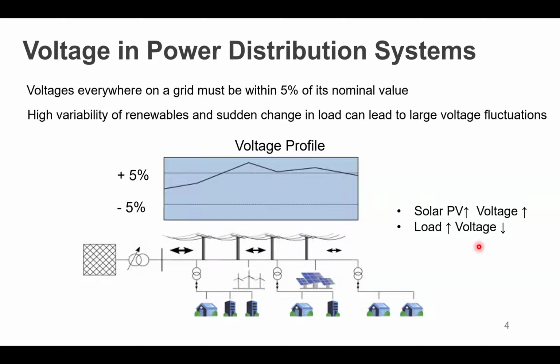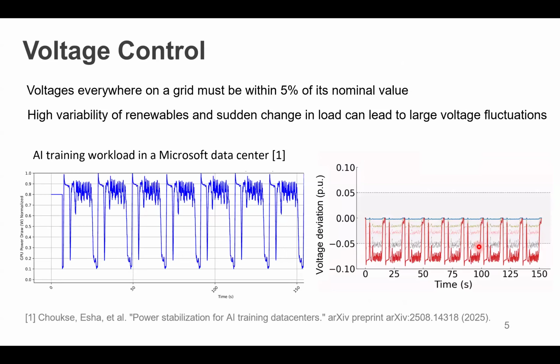And so if we have more load, then the voltage will drop, right? Now let's consider if the system is subject to this kind of oscillation in the net load, like from the data center load. This would be the voltage deviation signal we can see. The voltage is also subject to very huge fluctuations, and the voltage deviation can reach 10%. That is outside the safe region of 5%, labeled in green.